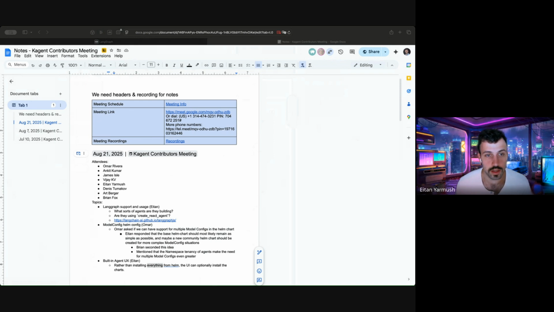So let me be super clear. This would just be for demos, right? What we're thinking is that most of the agents we ship with Kagent today are really just POCs. They're just for you to understand the system. Using the default chart, you can already disable all of these agents, and someone actually created an issue to have a no default agents flag